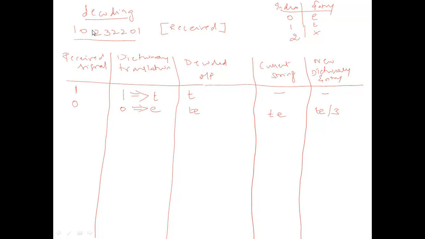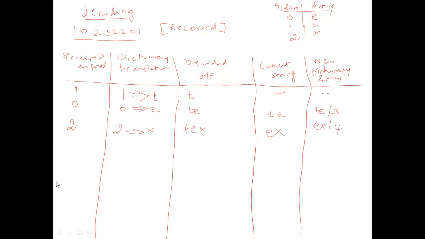Now the third message received is 2. Again the receiver will check whether the dictionary is having the index 2. Yes, the dictionary is having the index 2 with the letter entry X. So directly it will be translated. Now already decoded is TE, current is X. What is the current string? Current string is nothing but previous translation E and the first letter of the present translation X. This EX will come in the